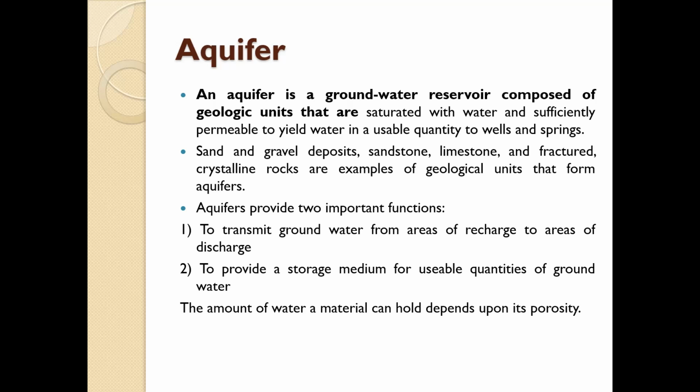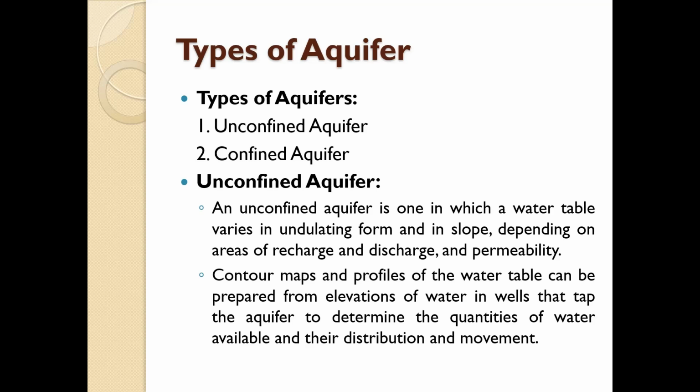Then second, to provide a storage medium for usable quantities of groundwater. So it acts as a storage medium, in which the water can be used again or reused for many purposes. Then the amount of water a material can hold depends upon its porosity, as we have discussed earlier. Then types of aquifers. There are two types of aquifers, first is the unconfined aquifer and second is the